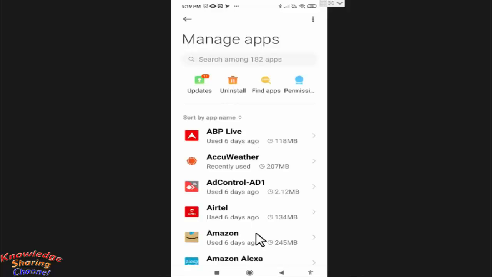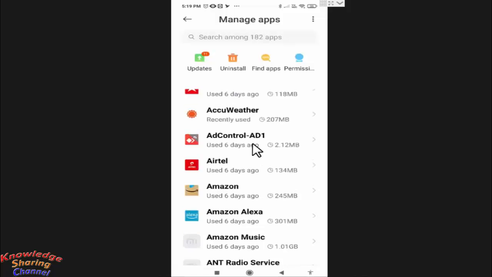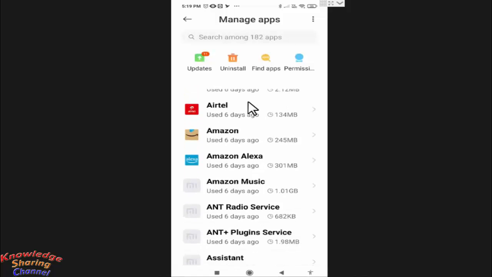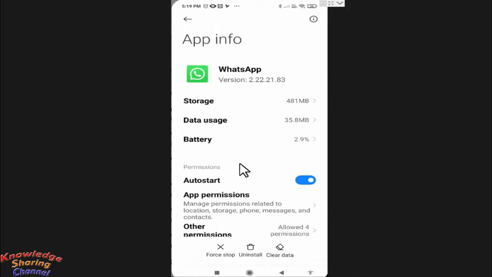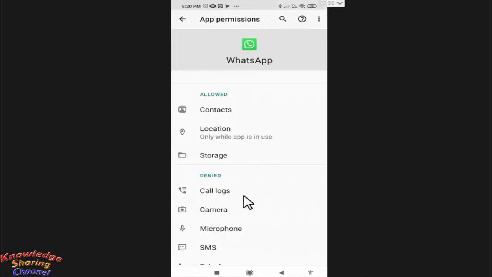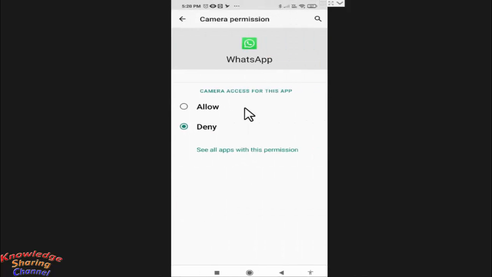Now from the list of apps, search for WhatsApp. Open WhatsApp. In WhatsApp, press on app permissions. Here you need to give WhatsApp permission to use camera. So for camera permission, press allow,